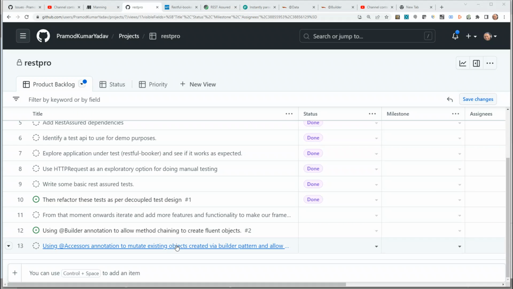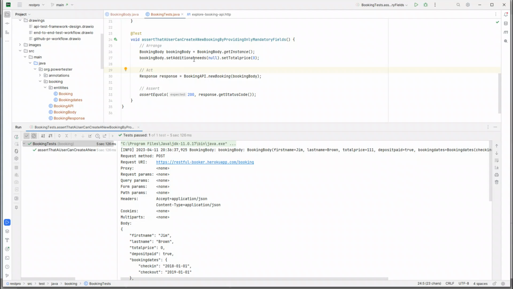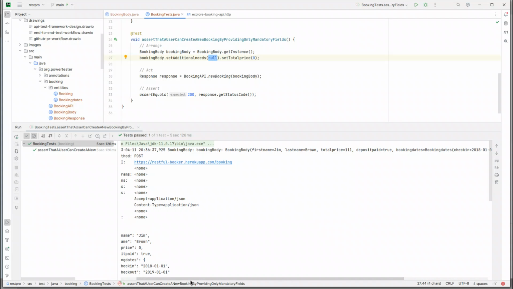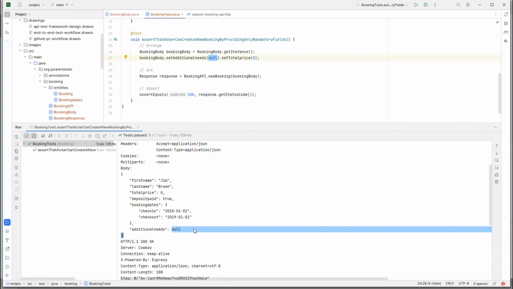So in this video, what you're going to see is how to skip null values and only accept non-null values as JSON inputs in a request body. To recap, I have given this optional field as null, and what I want is, instead of passing this value as, let me see, additional needs. So this is the default body, and instead of passing this as null, I want to basically totally skip this